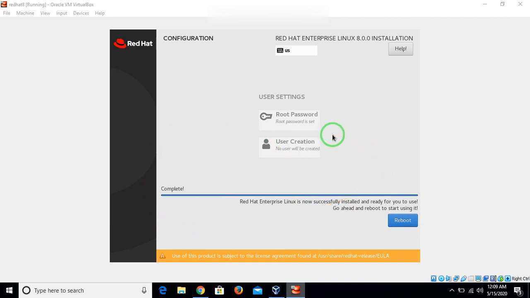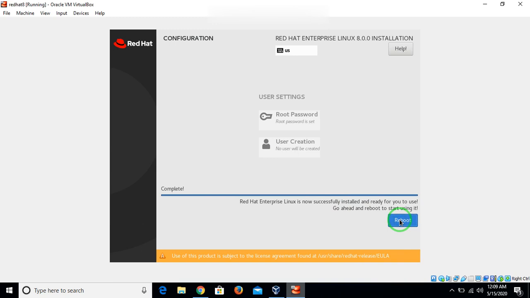So let's see, I will tell you about this option. You can cross it here, then go to the setting and change the boot order from the system. It's very easy, it's not a big deal. So let's go with the option of changing the boot order. Just reboot it.